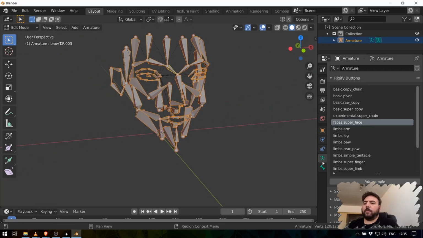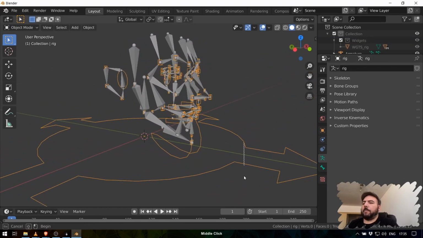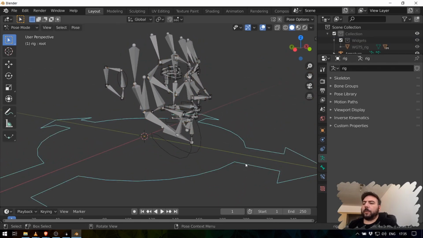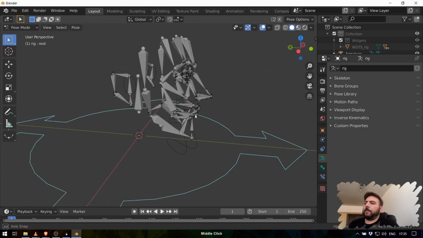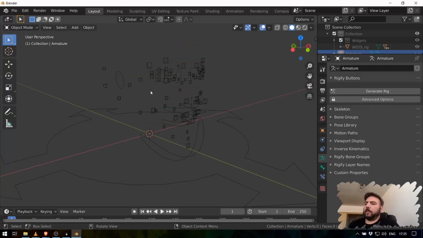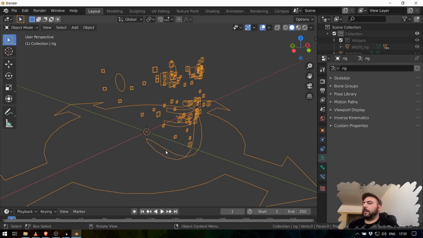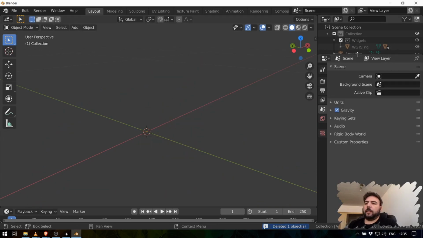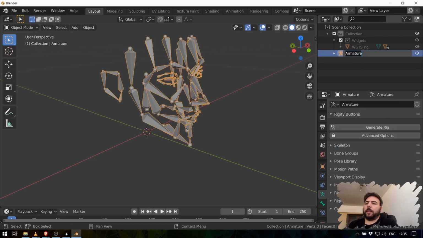So if I go now to pose mode, generate my rig, I'll get a master bone, which always is going to be created at the top of everything, and then the head or the face, more or less. So I'll hide this, and I got all of the controls for the face, right? I can delete this one and then go back to my original armature. Let's call this Metarig,